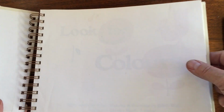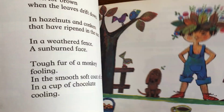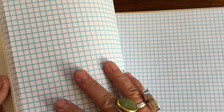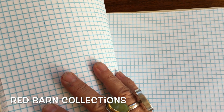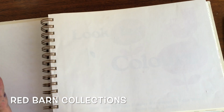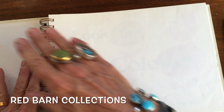And I have had this beautiful book for a while. It's a children's book where I just adore the illustrations, and I had it made by a company. They sit in Salt Lake City, Utah, but I just can't think of the name right now. But so here's the deal. They cut your book and then they add